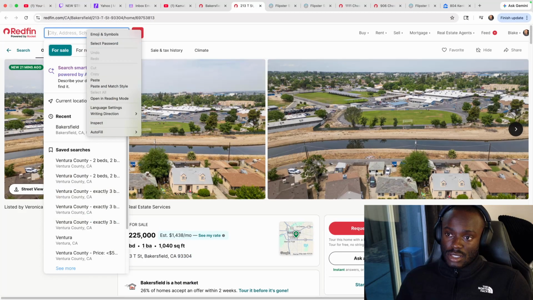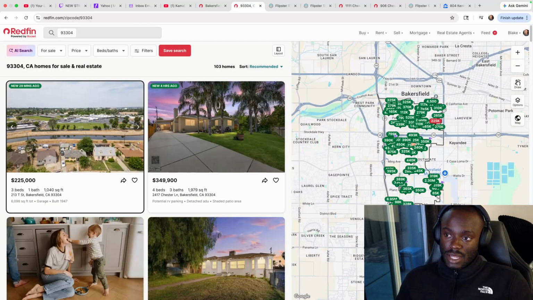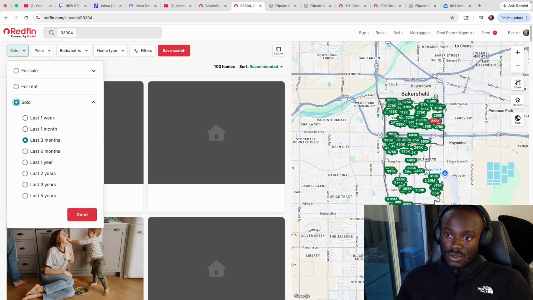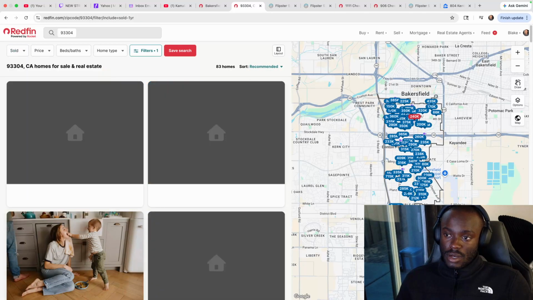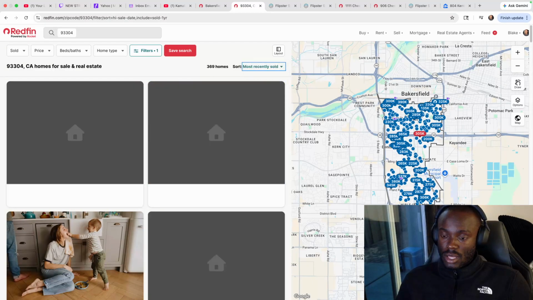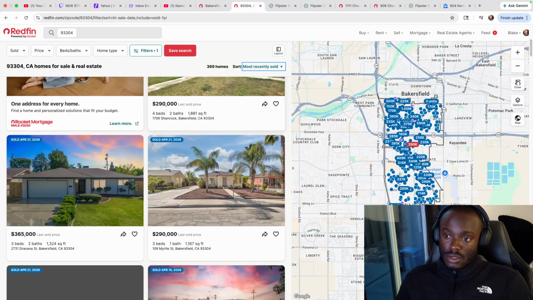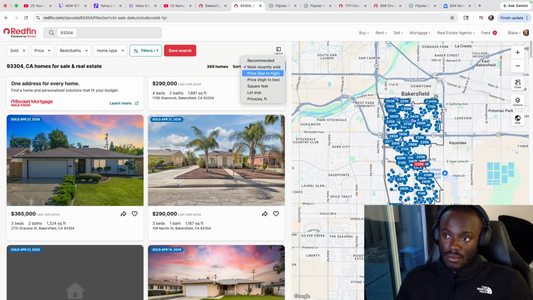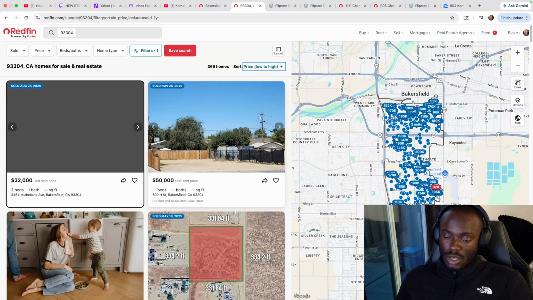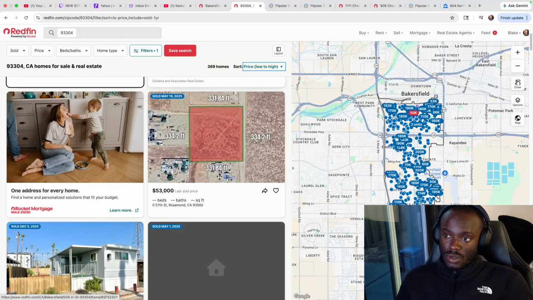I'm gonna enter it in the search box, and then I'm gonna look at homes that recently sold within the last year and see if there's anything that sold for that low. So I'm gonna switch from for sale to sold, and I'm gonna go to a year, hit done, and look at the lowest price sold home. So you got something that sold for 32.